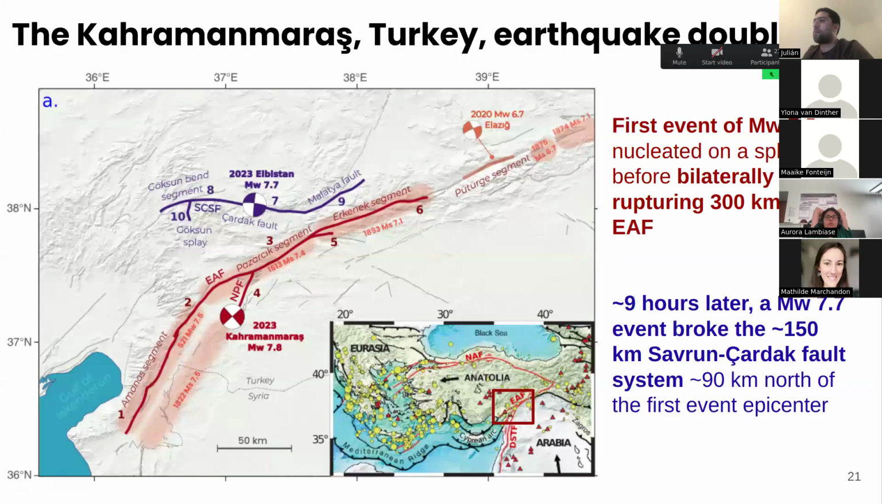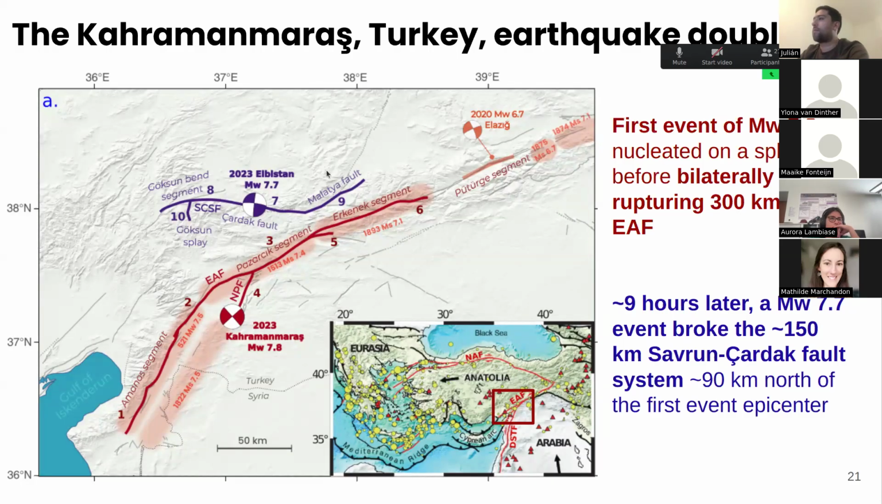The Kahramanmaraş Turkey earthquake doublet, I'm sure everyone knows this doublet very well. It is composed of two very large earthquakes. The first event nucleated on a splay fault, this small fault here, and then propagated bilaterally on the Eastern Anatolian faults. And 9 hours later, a magnitude 7.7 earthquake broke the 150 kilometer long Sürgü-Çardak fault,